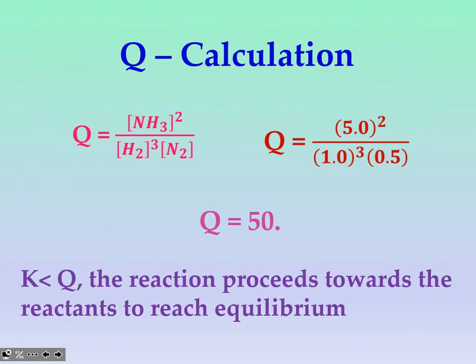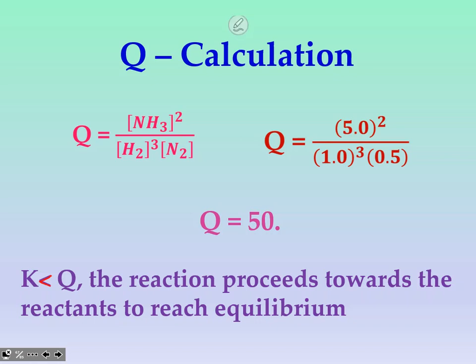so we set up our Q calculation, which is the same as using the law of mass action, which is what you would use to find K. So the ammonia squared over the hydrogen cubed times the nitrogen concentration on the bottom. When you insert the numbers, you should get a Q value of 50. Did everybody get a Q value of 50? All right, so